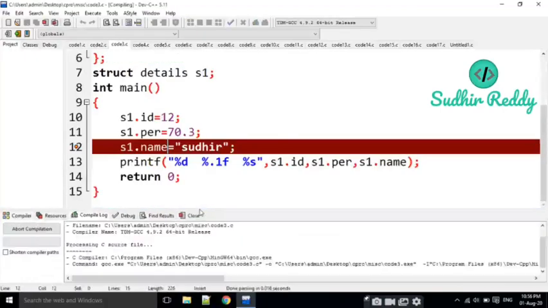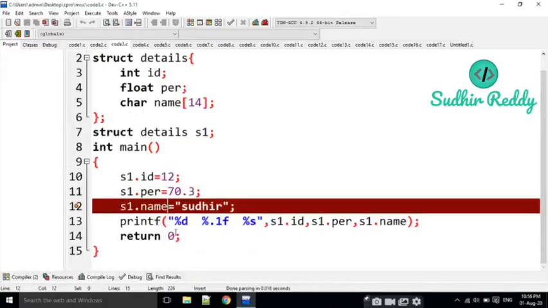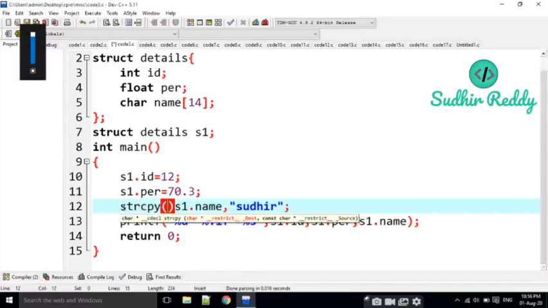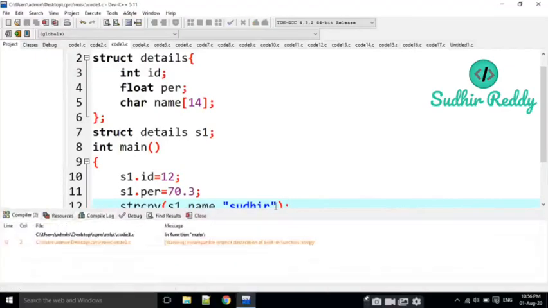And if I execute it, okay, there is an error. What is that error? We cannot directly copy the data into a string variable, right? Then we can work like this: strcpy, like this. We cannot directly assign string data into the variables. Now if I am executing here,